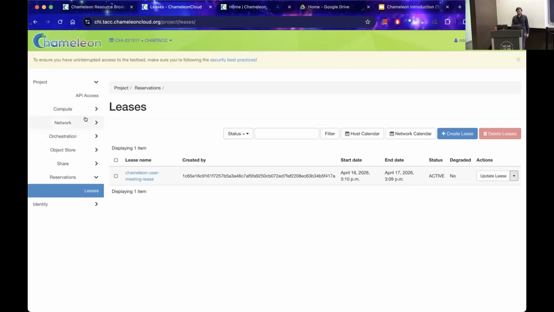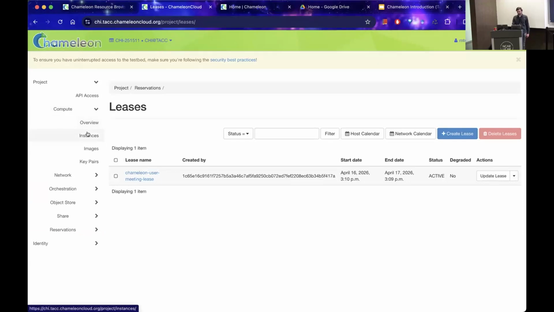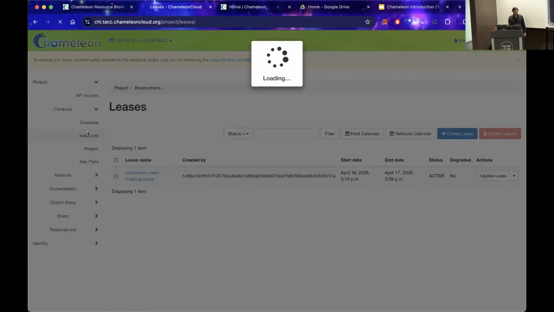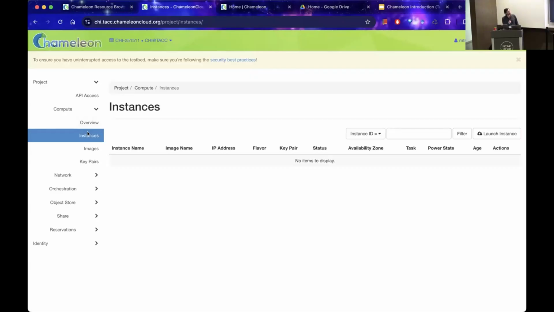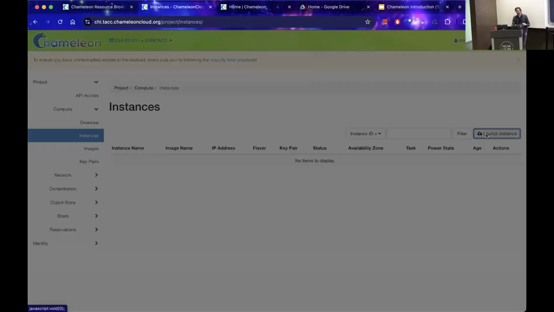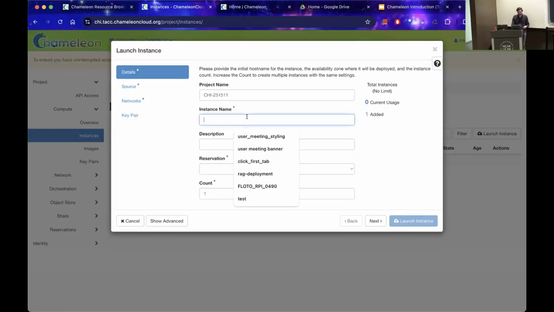Okay, so yeah, we got the lease. I might come back to this at the end, and maybe while we're waiting for this to actually launch, go through some of the other slides, but now I'm gonna launch an instance on the hardware that I just reserved. So we just did the Skylake or the Cascade Lake. I can put in an instance name for myself to recognize this. So I can call this the Chameleon user meeting instance. You can put in a description if you want,